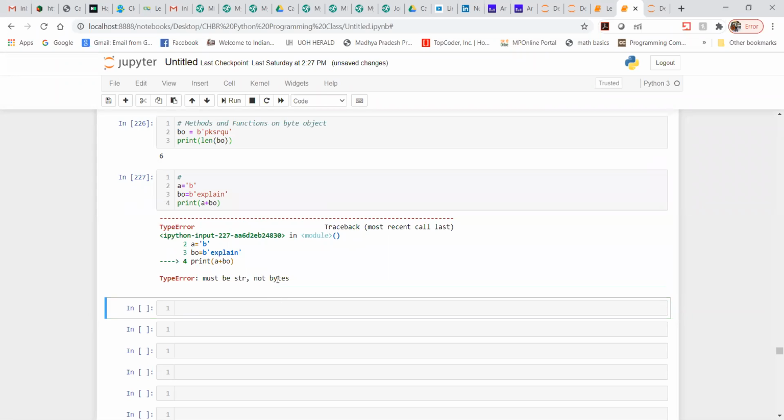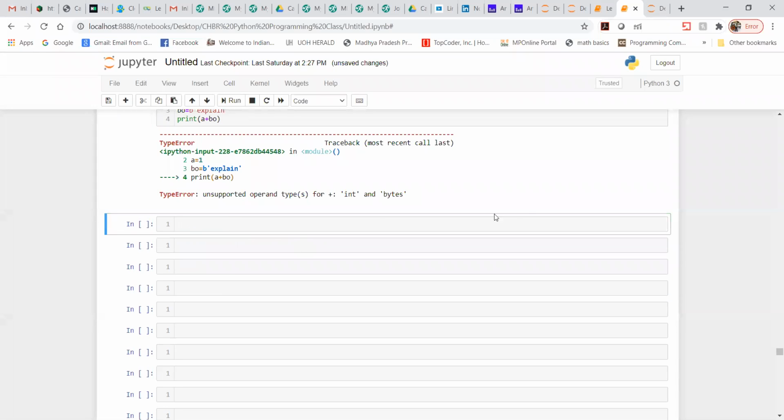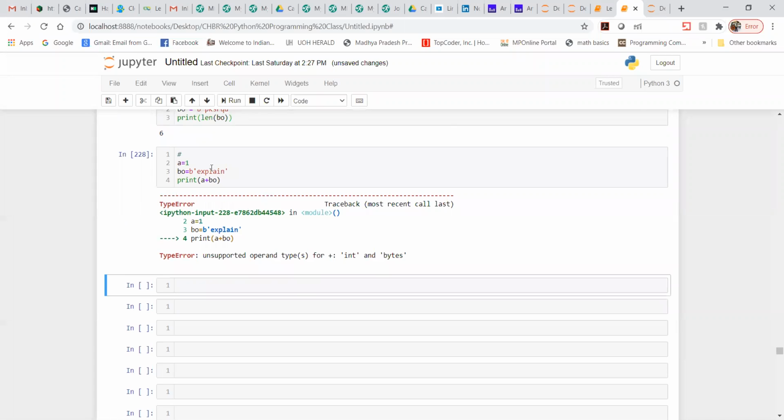What output are we getting? Must be str, not bytes, because you have taken str this. Now instead of this, let me write like this. We are getting unsupported operand. Okay, now instead of this, if I write the same thing, earlier I had written something else, now I'm going to write b, and then I will write here